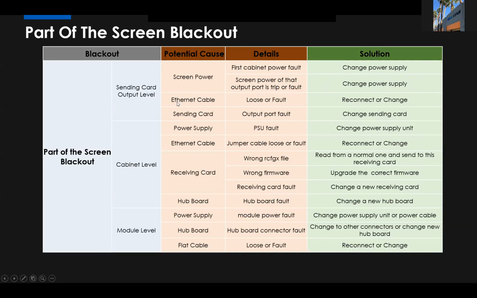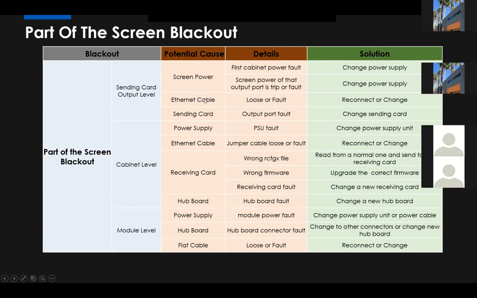And what about the Ethernet cable? It might be lost or faulty, so reconnect or change to a new cable. And for a sending card output port fault, just change the sending card or do an exchange.